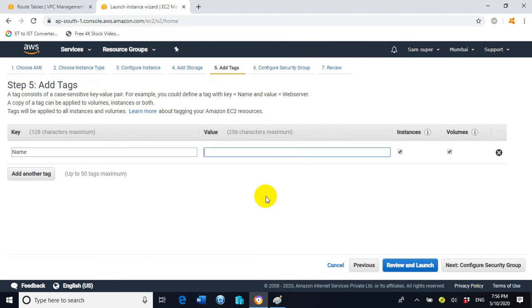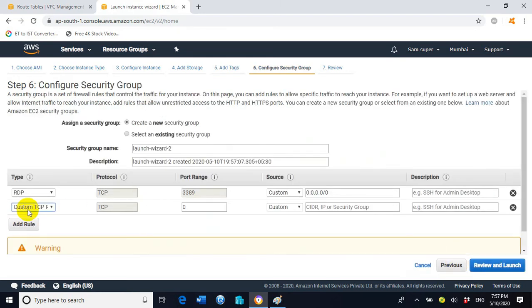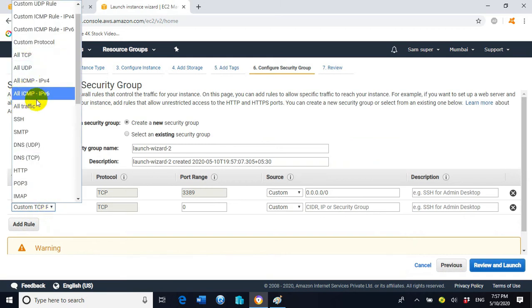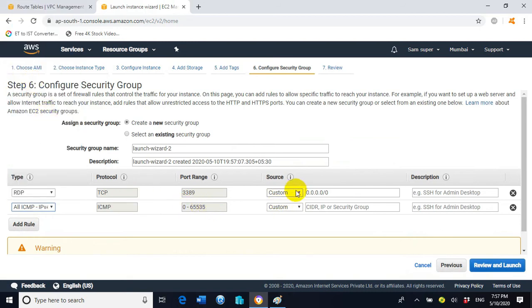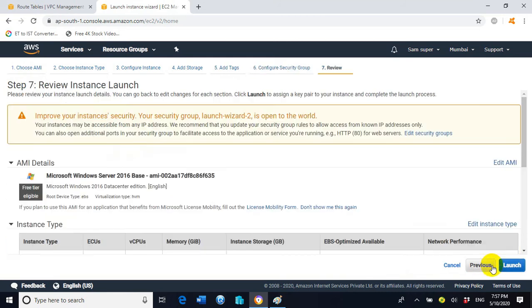I will assign the name EC2-subnet B, which suits it. Now I will click on next, click on add rule, and choose a protocol, all ICMP-IPv4. Now under the source, click on anywhere for both of them. Now click on review and launch.